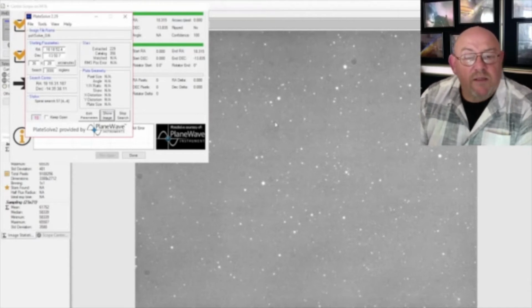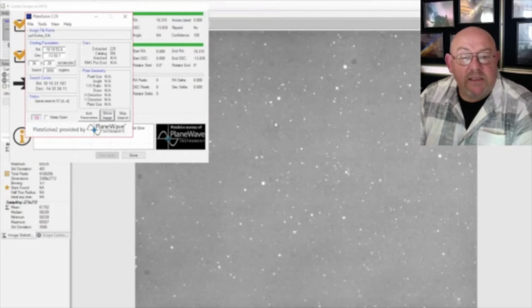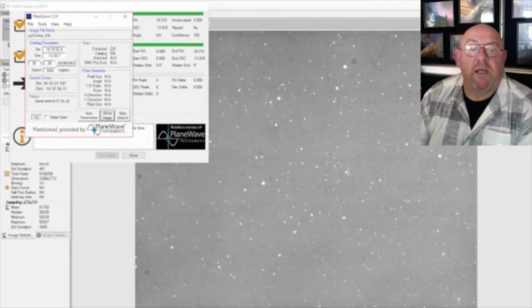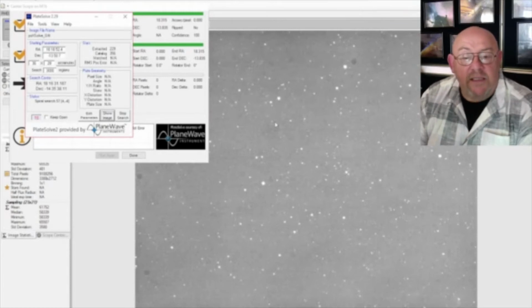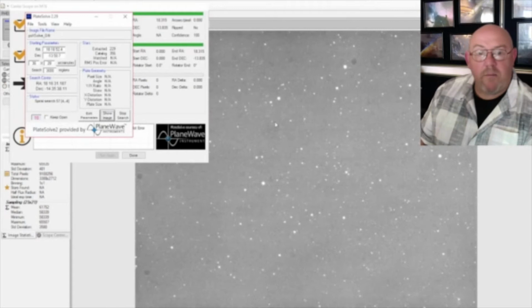When the software thinks the scope is pointing in the right direction, it will use the camera to take a short test image. That test image, once taken, is then plate solved. As I said about plate solving, it will work out whereabouts exactly in the night sky it's looking. In this case, it's where the telescope is pointing. As I said, this could be far from its intended target. Even if it's nearly there, we want to get it right in the middle of the frame.